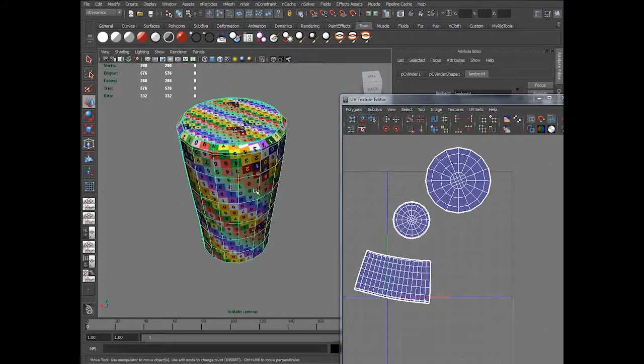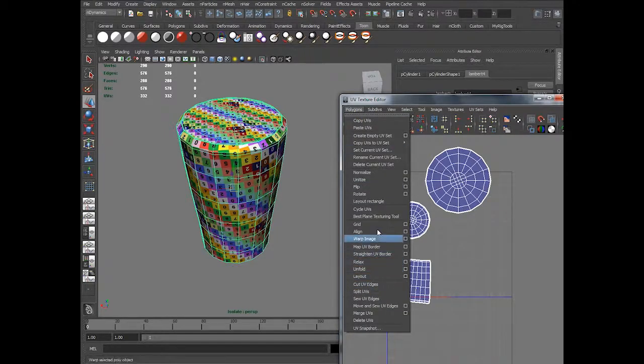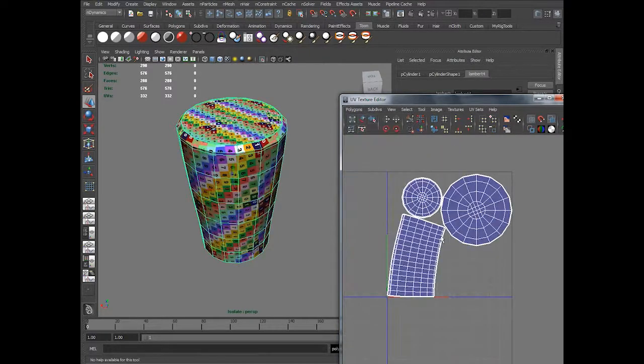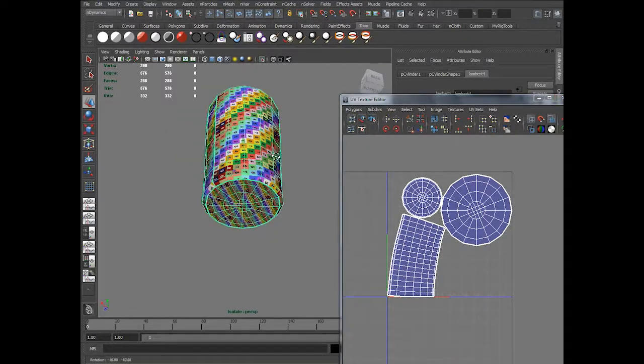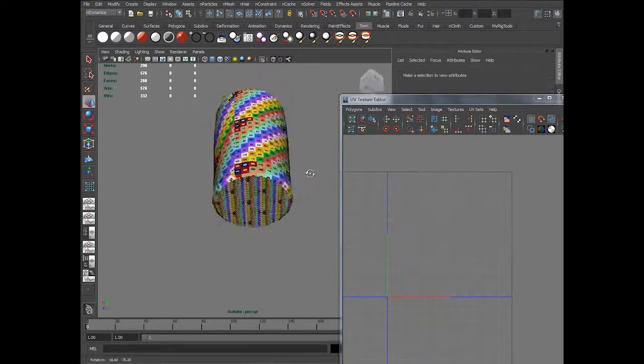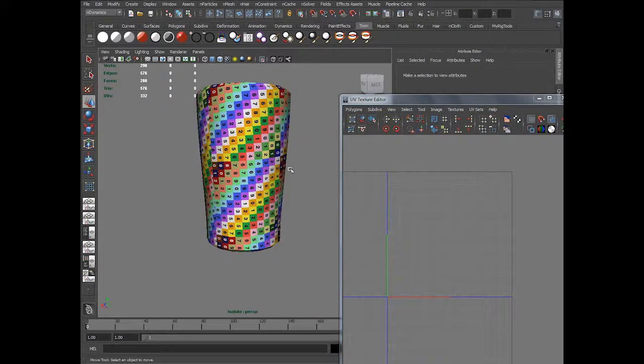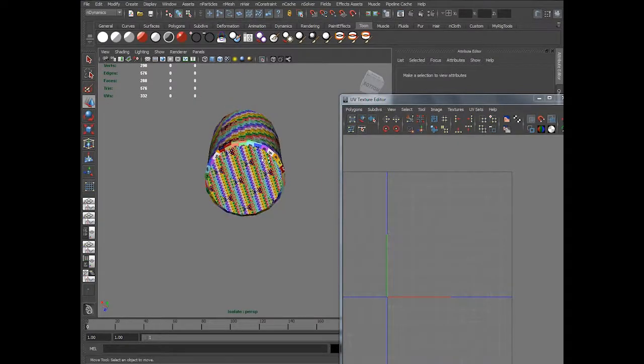So I've got the UVs of the body. I just use the layout tool to make everything fit in the box. But again, this makes checkers on one part look bigger, while on the other part they look quite small.